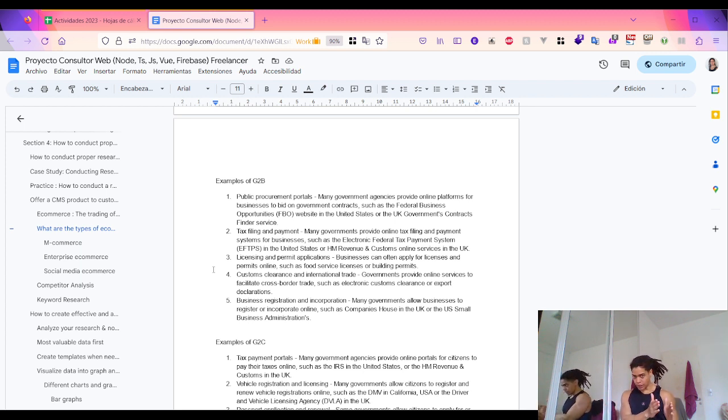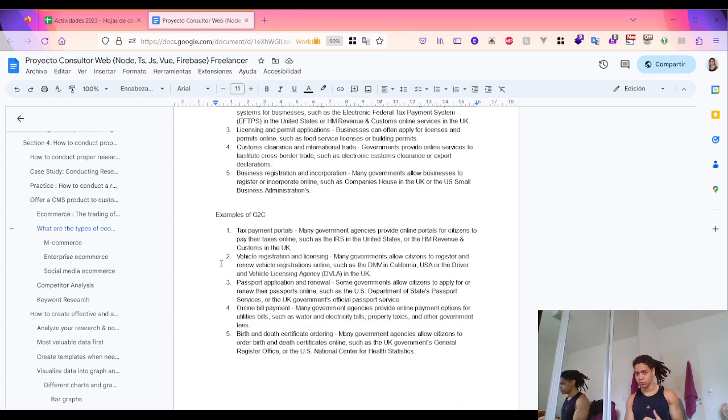Then I look at the relationship of government to consumers, such as tax payment portals, where now citizens can pay their taxes through options provided by the government, such as the IRS in the US, driver licensing and vehicle registrations and licensing, such as the Department of Motor Vehicles and the California vehicle registrations and licensing,